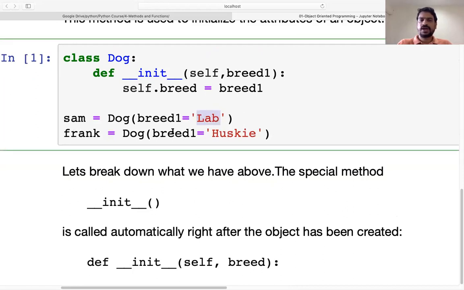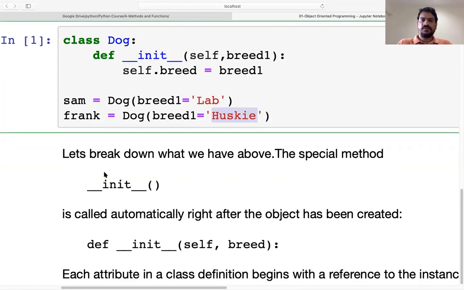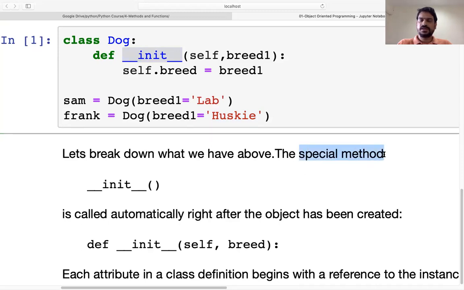And if you write frank.breed, it will give you Husky. So here, if you see, we have used the init function. And this init function is a special method in Python, and this particular method will call itself when we create an object.